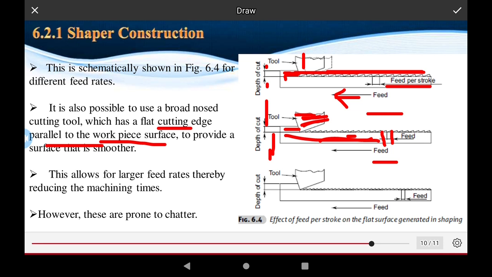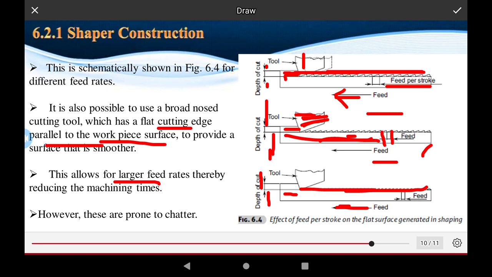And this is also selected for different feed rates, this follows for a large feed rate. This is the large feed rate. This is the depth of cut, and this is the feed rate, the large feed rate. A large feed rate helps reduce the machining time, and the tool cuts the metals in a very short time, so the machining time is very short. However,